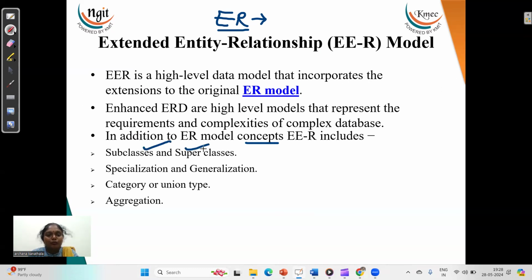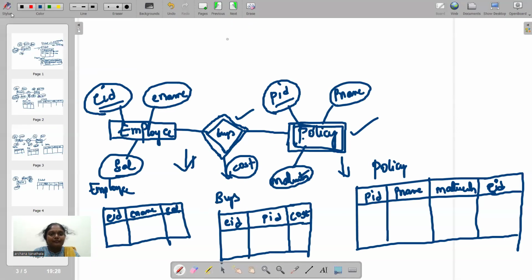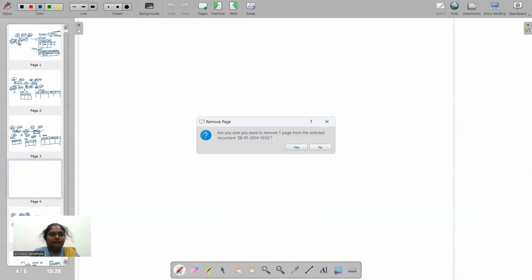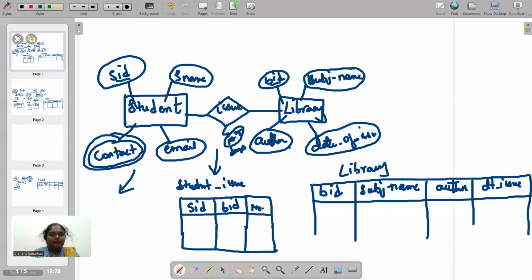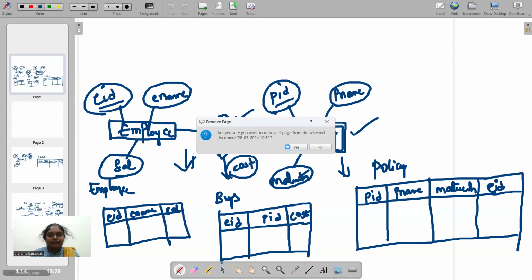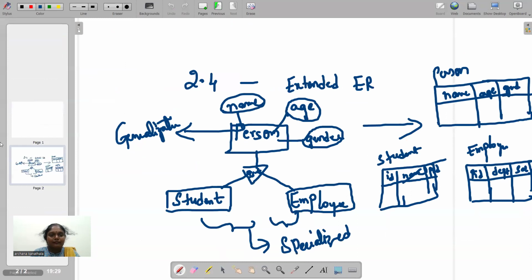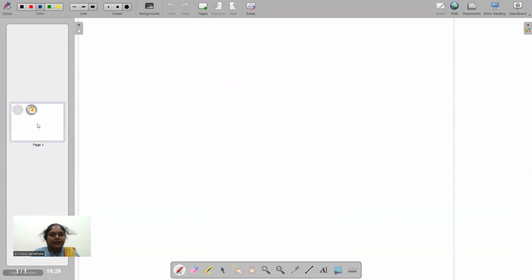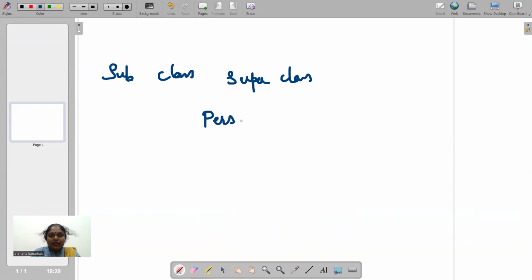Let us see what we mean by subclass and superclass. Take an entity which is already defined with a set of attributes.